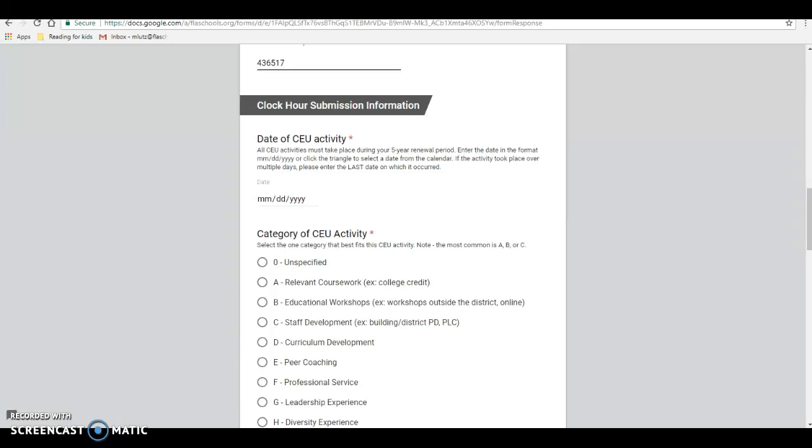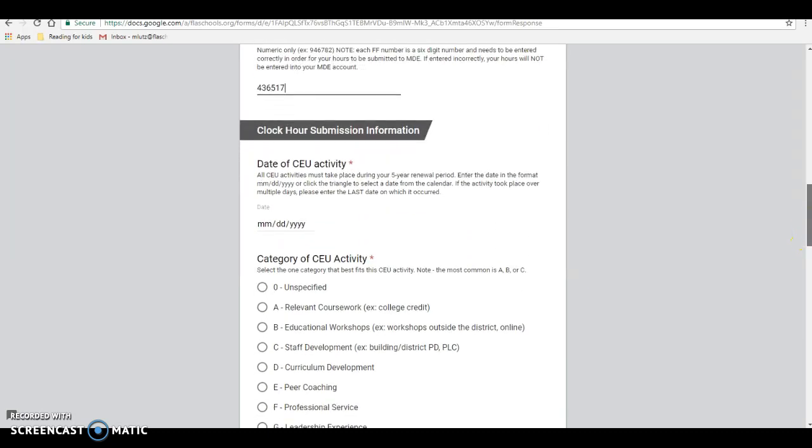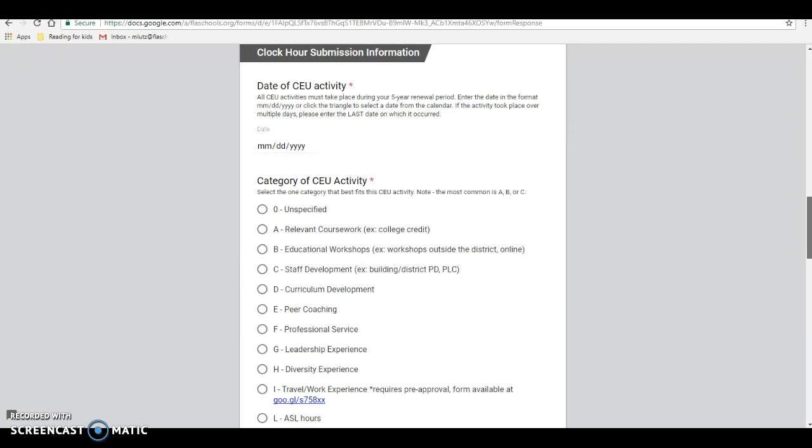Okay, now everyone should be comfortable, have their file folder number in, and be ready to move on to the clock hour submission information. It's going to ask you the date of the CEU activity. So all you have to do is go back into your Google Drive, keep this tab up, go back into your Google Drive and click on